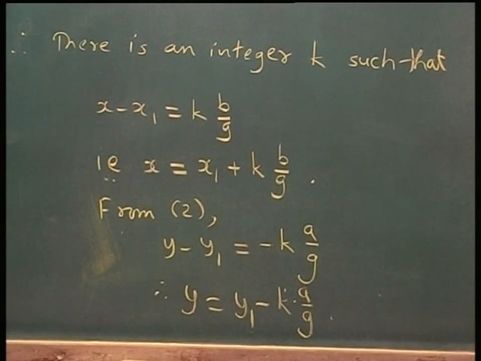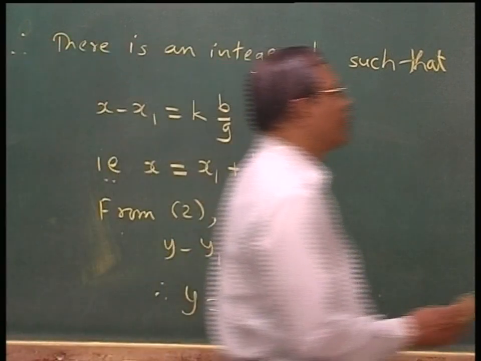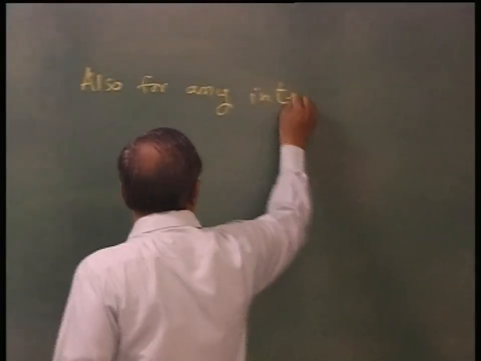So we get x equal to x1 plus k into b by g, y equal to y1 minus k into a by g. Also, for any integer k,